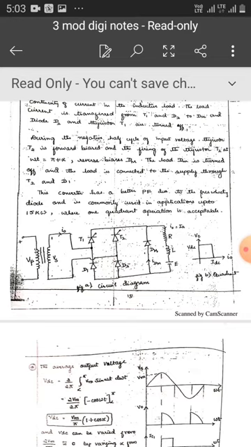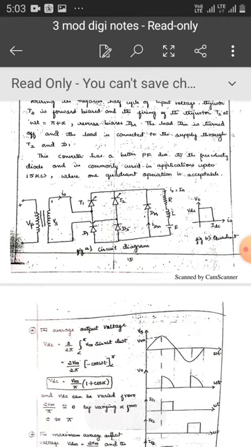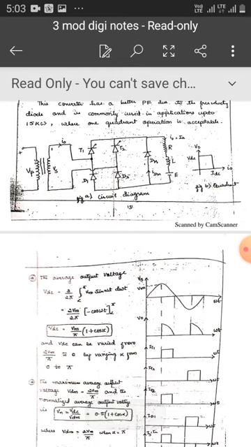Next will be the working with inductive load. Normally semi converters are used to drive DC motors. These motors are basically inductive load. Hence it is necessary to consider the working of the semi converter with the RL load also. With the inductive load, three modes are possible: continuous load current, discontinuous load current, and continuous and ripple free current for large inductive load.